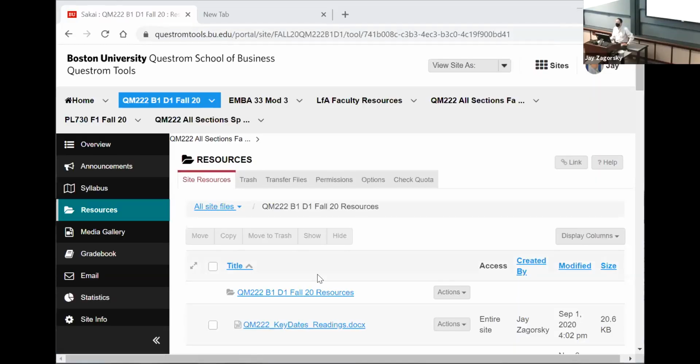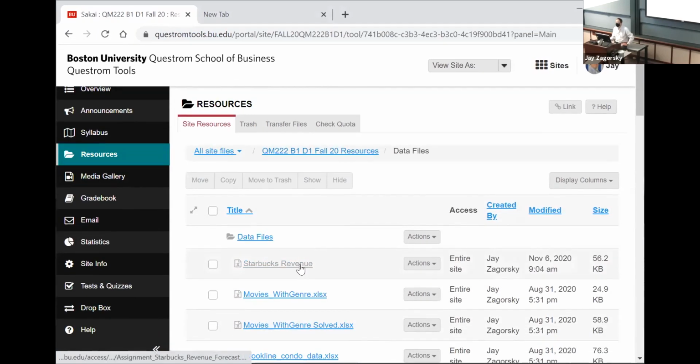Does that make sense? In case you get lost, if you go to resources under our data files, the very top one is Starbucks. This does everything except for the regressions. So if you're wondering where it went, just click on this file, bring it up, and this takes care of roughly the first 15 to 20 minutes of the lecture. So in case you get lost, there's a way to rejoin us and just run the regressions on your own.